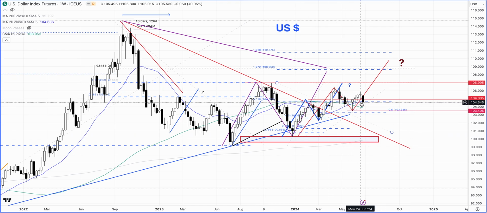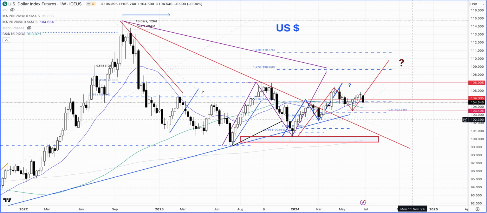But now what we are seeing, with the action of last Friday, last week, is that if we see follow through selling in this market, then most likely these lows will get challenged and perhaps broken to the downside, and we could see the market come in, challenge these lows of around 100, and move into this box that we have drawn for a long time. So this is what it looks like. The market wants to come and test the bottom of the range. We are just waiting for further price action confirmation on the weekly charts around 103.50, but the chances are that it's actually finding a great amount of resistance from 107 and moving lower.